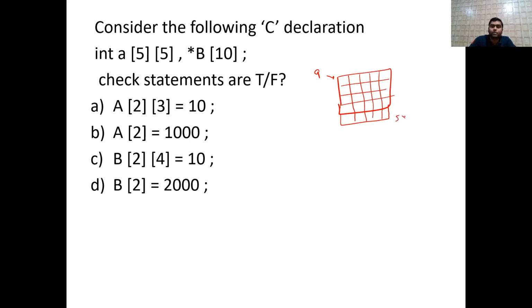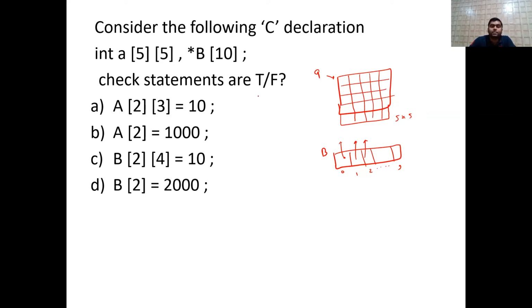So this is an array of 5 by 5. Okay, and *B[10]. So *B[10] means B is a pointer array of 10 elements. So it is 0 1 2 and so on, the last index is 9 and each element points somewhere. This is a pointer array. Okay, I hope you are getting it.